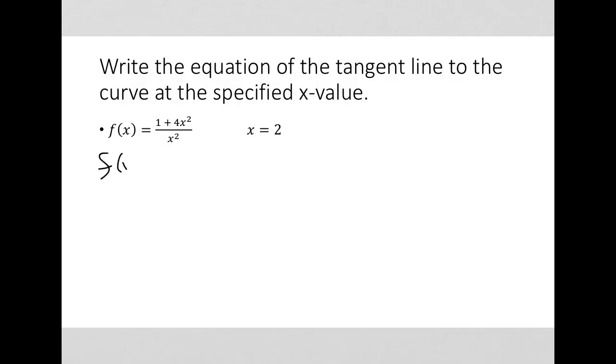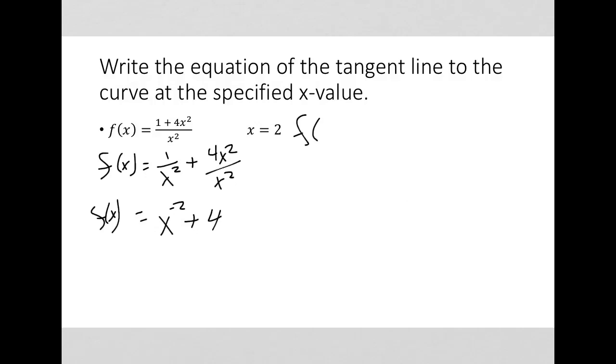Again, first step, you need to rewrite this as 1 over x squared plus 4x squared over x squared, which I will rewrite as x to the negative second plus 4. So we need, again, a point and a slope. Let's find our point by plugging in the x value to our function, and we get 1 plus 2,